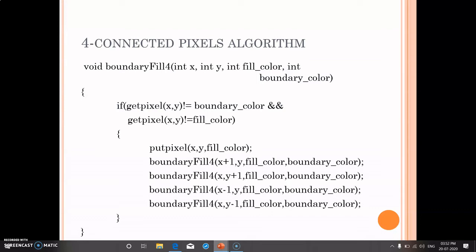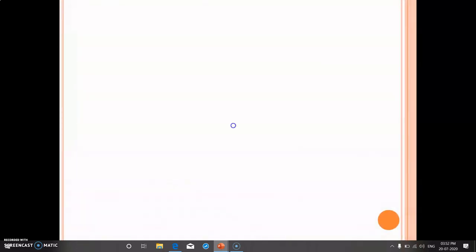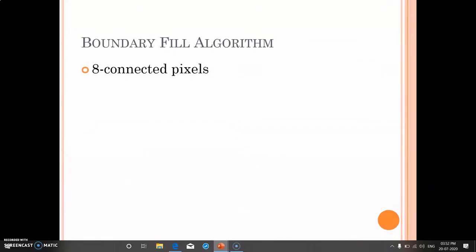Now, I am moving on to the next implementation method of the boundary fill algorithm, that is 8 connected pixels. More complex figures are filled using this approach. The pixels to be tested are the 8 neighboring pixels: the pixel on the right, left, above, below, and the 4 diagonal pixels. Areas filled by this method are called 8 connected because we are checking 8